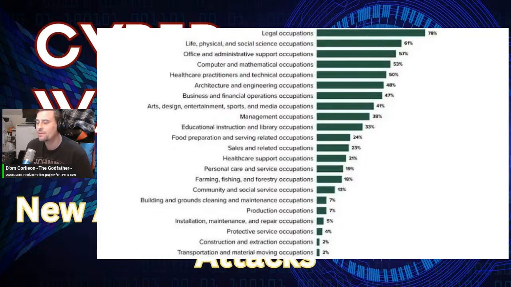Personal care and service, I don't see AI cutting my hair or giving me a filling or anything like that. So I don't essentially see that part of it. I don't see AI giving me a massage or doing somebody's nails. So essentially,